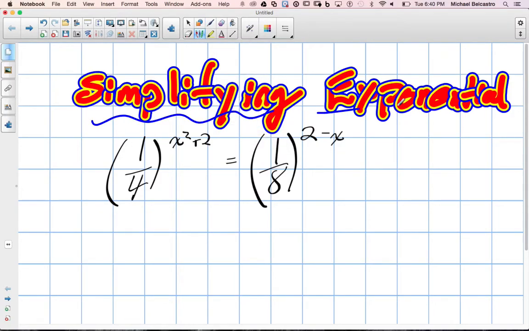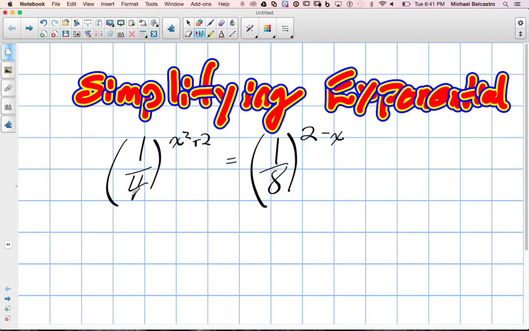So let's look at simplifying exponential expressions. I guess there should be an extra part of that title. Okay, so we have two equivalent expressions, right? We have a quarter to the power of x squared plus 2 is equal to 1/8 to the power of 2 minus x. So usually the easiest way to work with any of these is if we change everything to